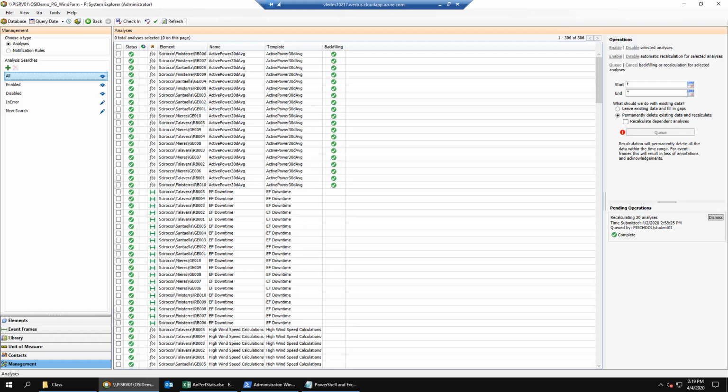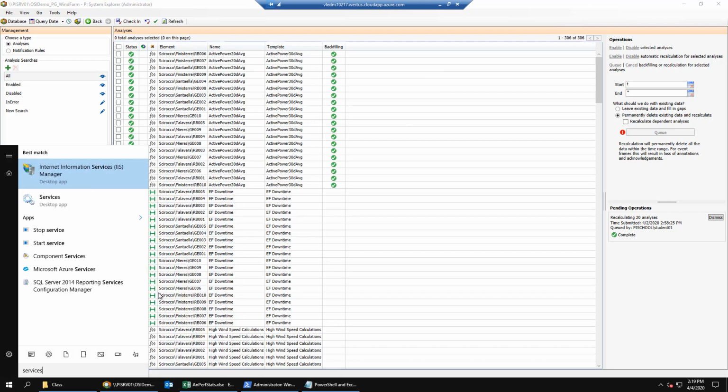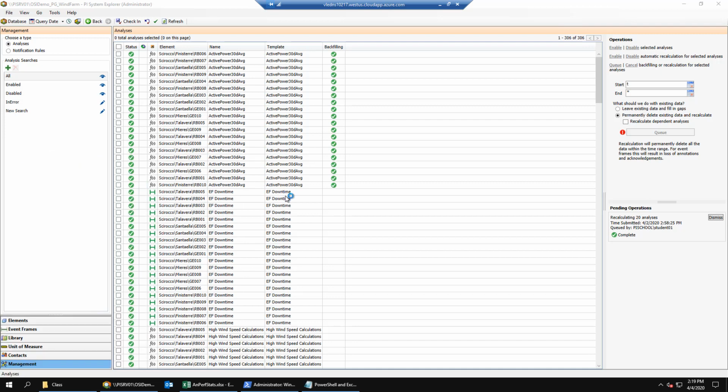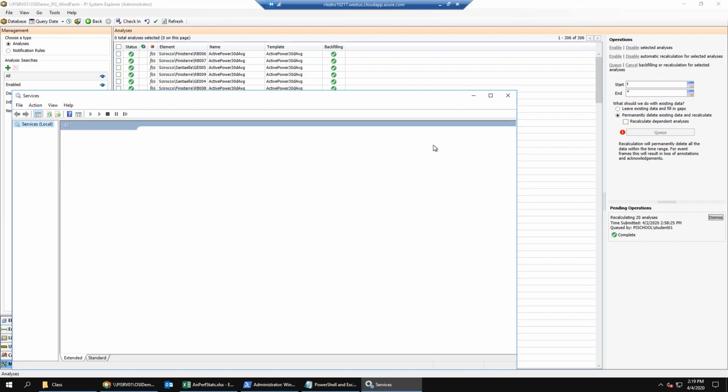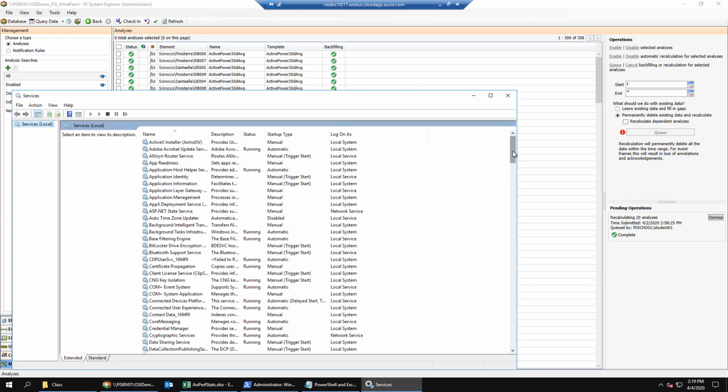To reset the analytics service takes the following steps. First, launch the services application. Then find the PyAnalysis service.